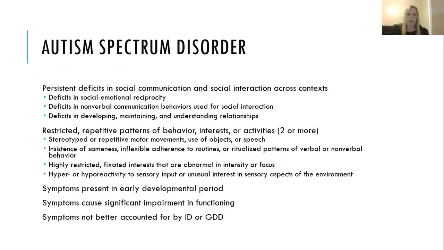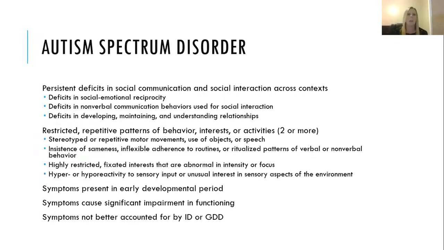Alrighty, so linking our developmental, I just wanted to give you an overview of what autism spectrum disorder is according to the DSM-5. So when we are seeing kiddos on the spectrum, we're looking at some significant deficits in social communication and social interaction. And this is typical. We may see it at school, we may see it in the community. And to meet that